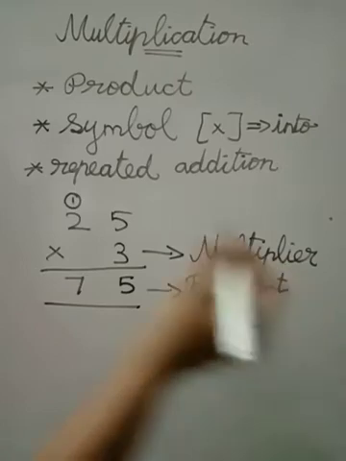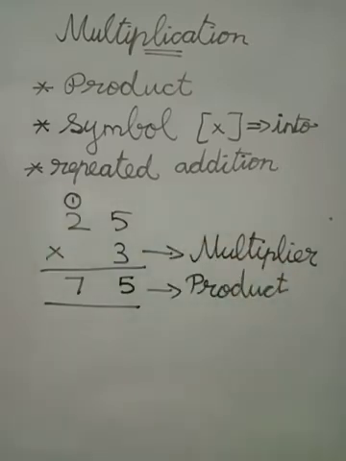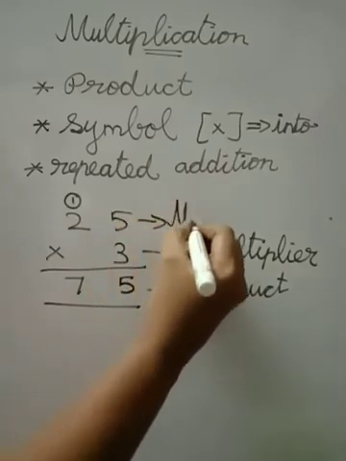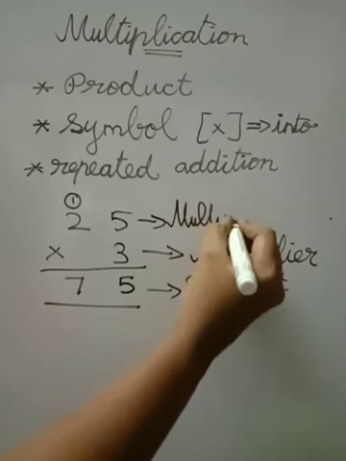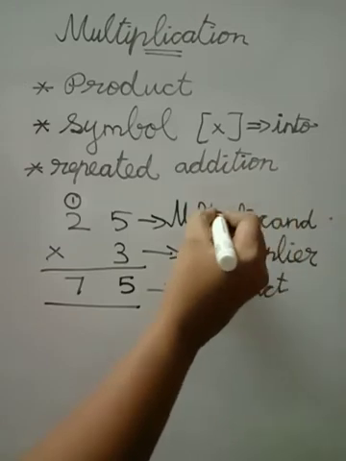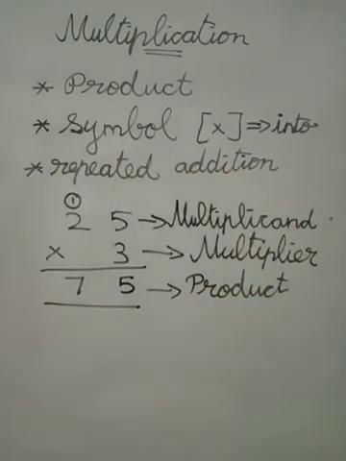Each and every number is named. So the answer is called the product and the number we are going to multiply is called the multiplicand. Multiplicand, C-A-N-D. 3 is called the multiplier and the answer is called the product. So in today's class we are going to see how to multiply using a single digit multiplier, 2-digit multiplier and a 3-digit multiplier. Write today's date and write this also in your note. Okay, shall we see the sums?